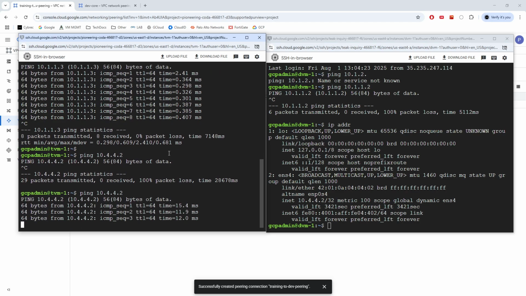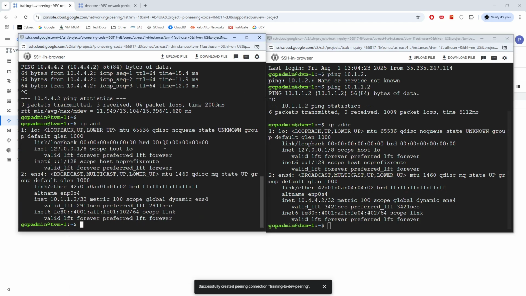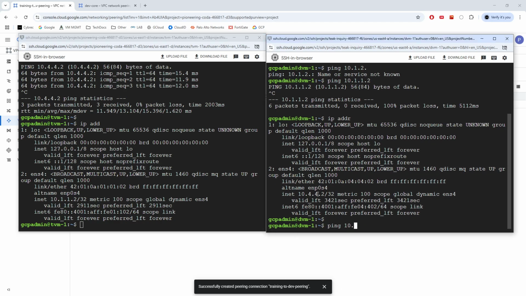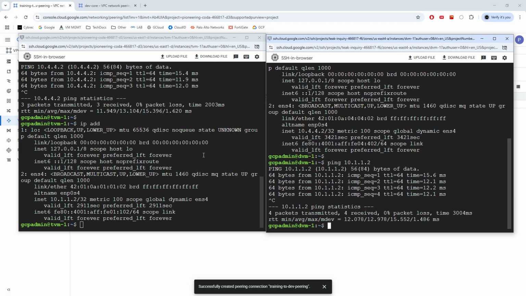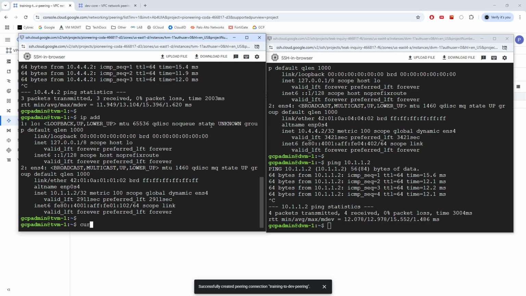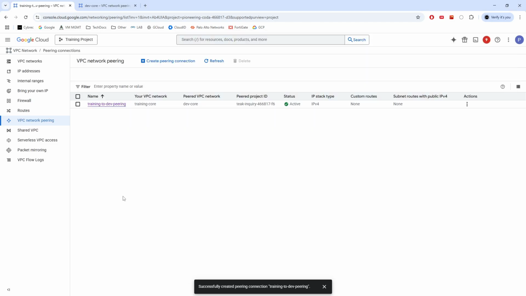Okay, so we see that I can reach instance in another VPC network in a different project, and this should happen for both directions. So this time I'm going to try to ping 10.1.1.2. We see that we have connectivity, but bear in mind that the VPC network firewall rules are still in place. For instance, if I were to reach 10.4.4.2 over TCP port 80 with curl, this is not going to work unless I go to the dev project,